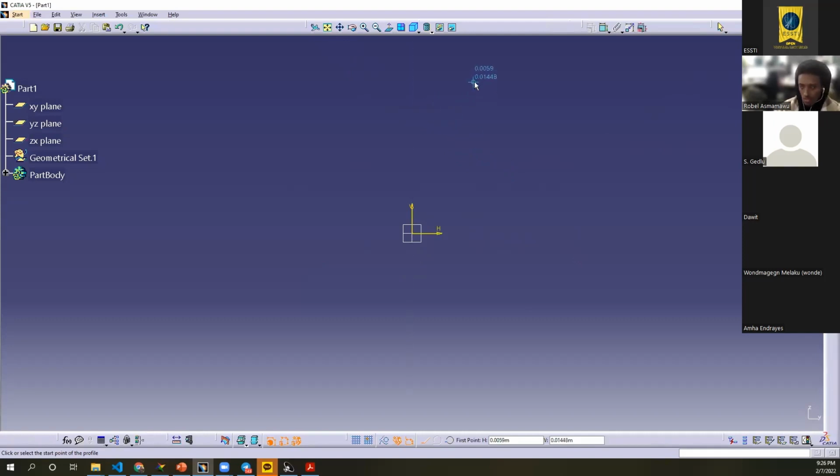Let's say I'm going to start. Blue means it's a vertical line. And say white line, right? But as soon as I go to the horizontal line, it will be automatically